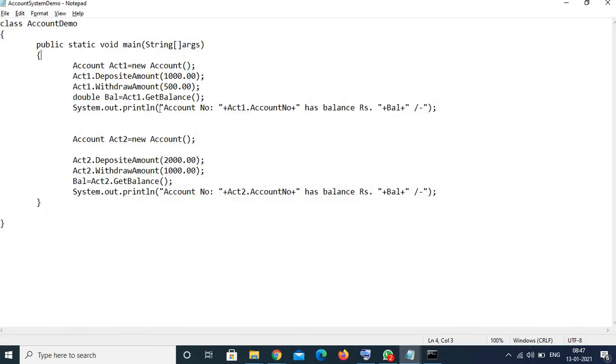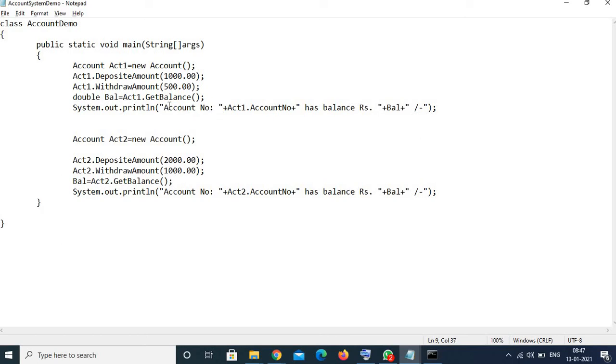Now this "account number colon space" is the hard coded string, so we have just enclosed it within double quotes. We want to create our own message which should read as account number so and so has balance rupees so and so.